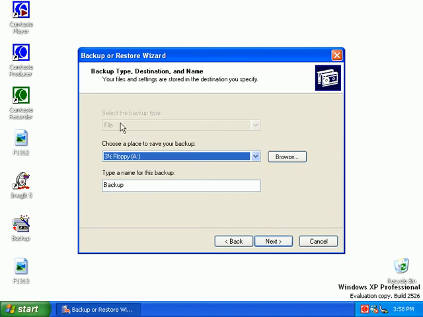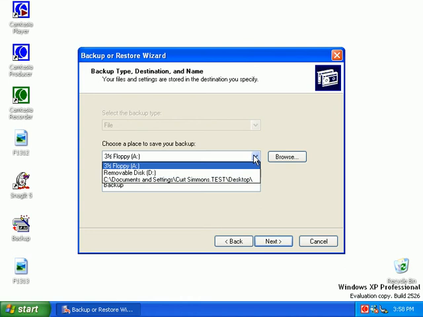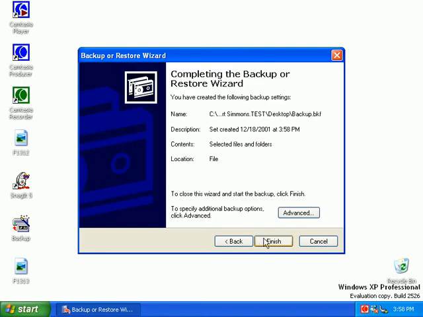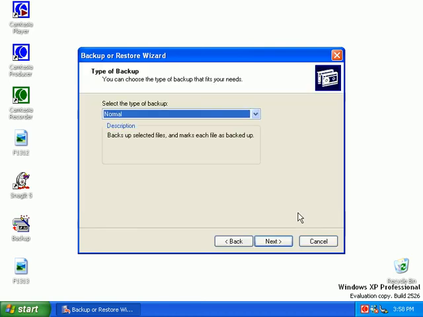By default you're backed up to a file. You can choose where you want to back up. You may have some different options here. I'm going to choose just to back up the file to my desktop for this exercise. I can give it a specific name or just accept the default, which is backup. Click Next, and now I'm ready to start the backup job, or I can click Advanced to see the advanced